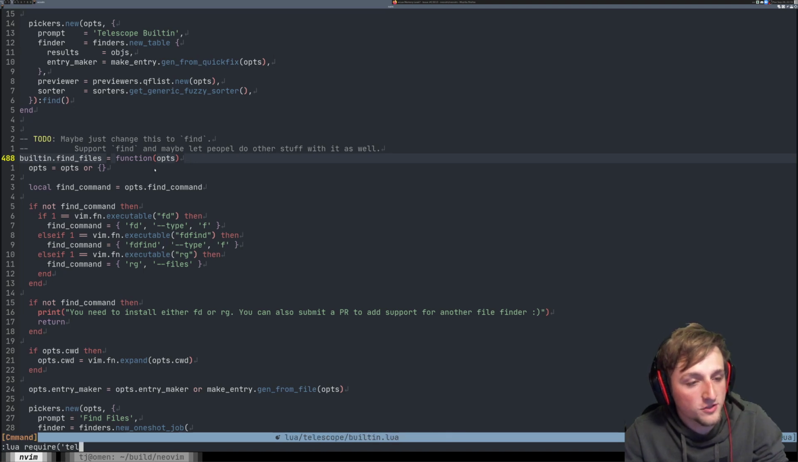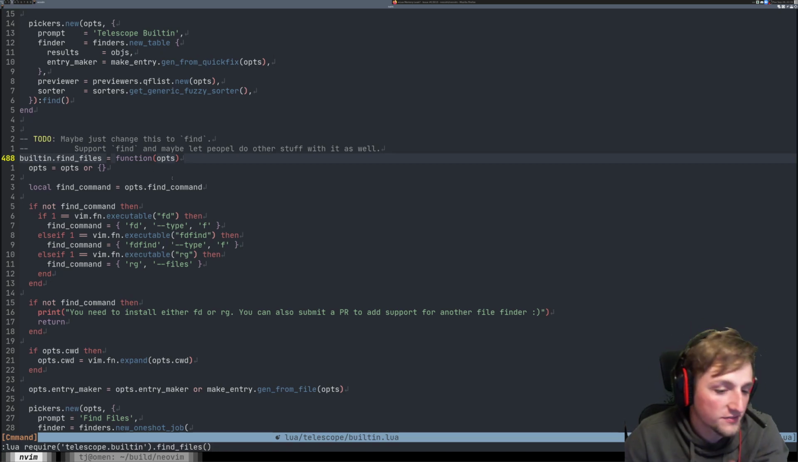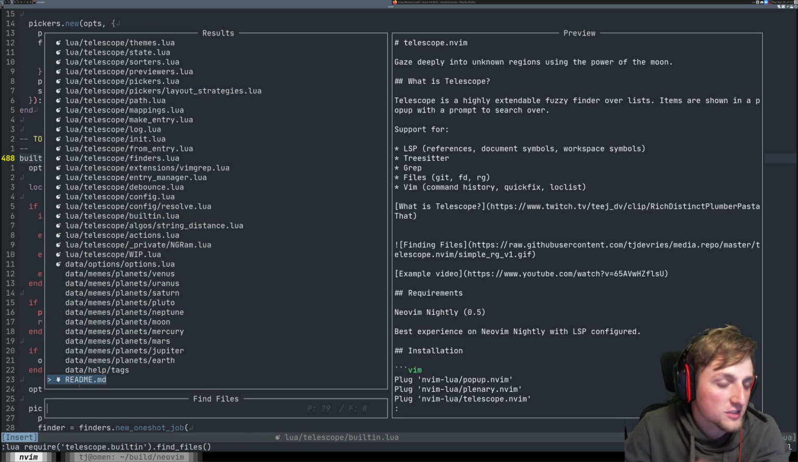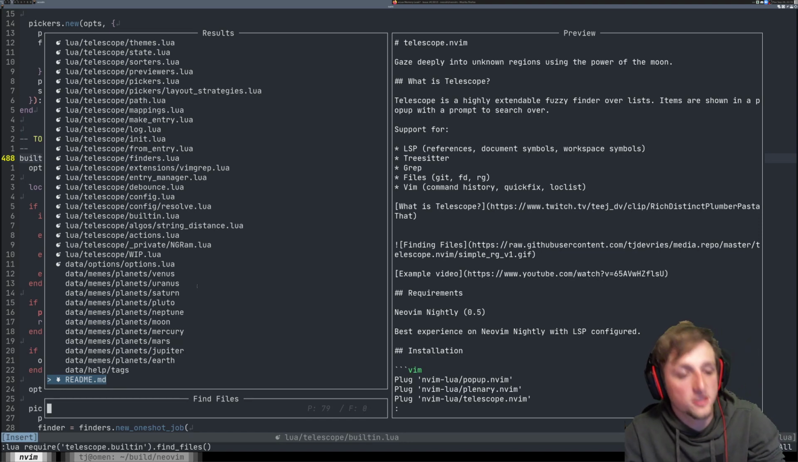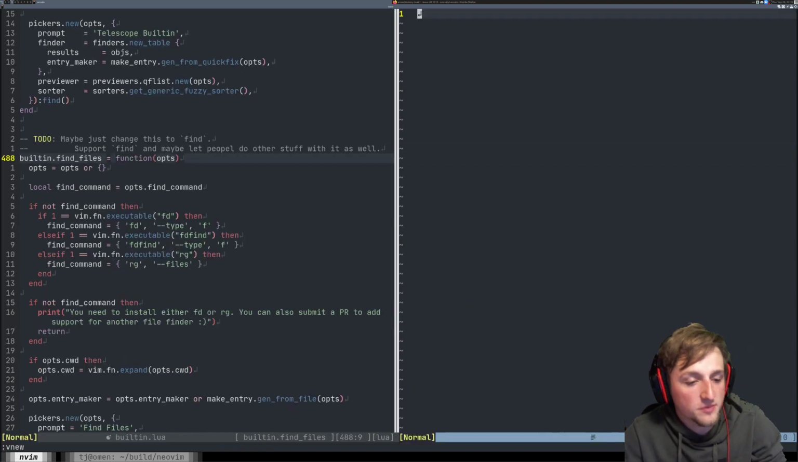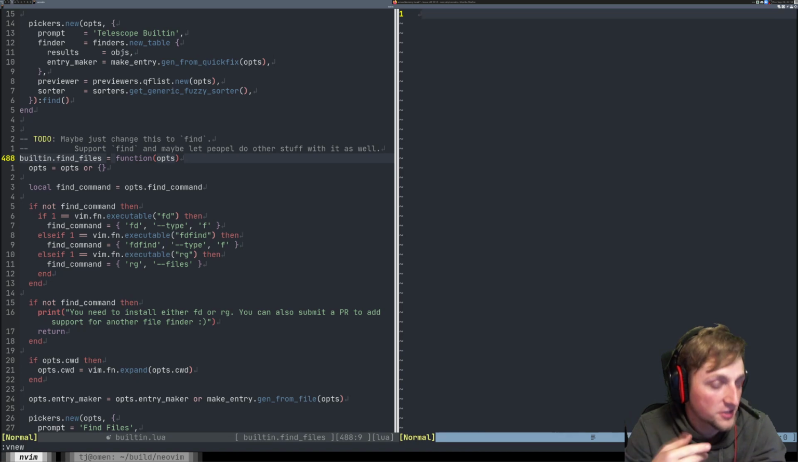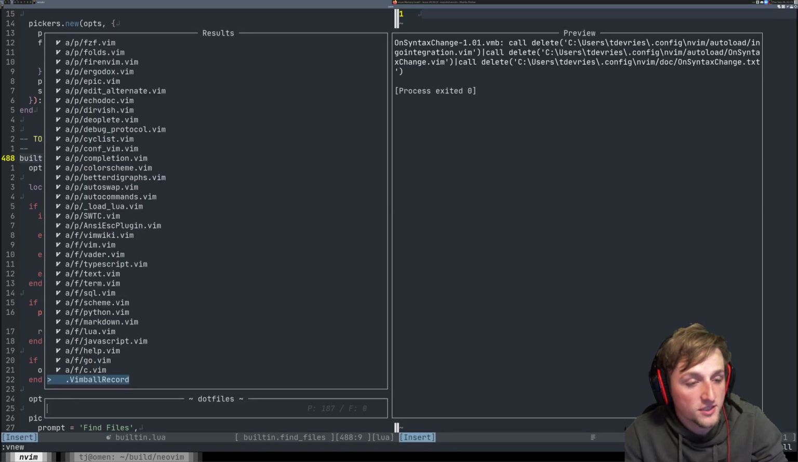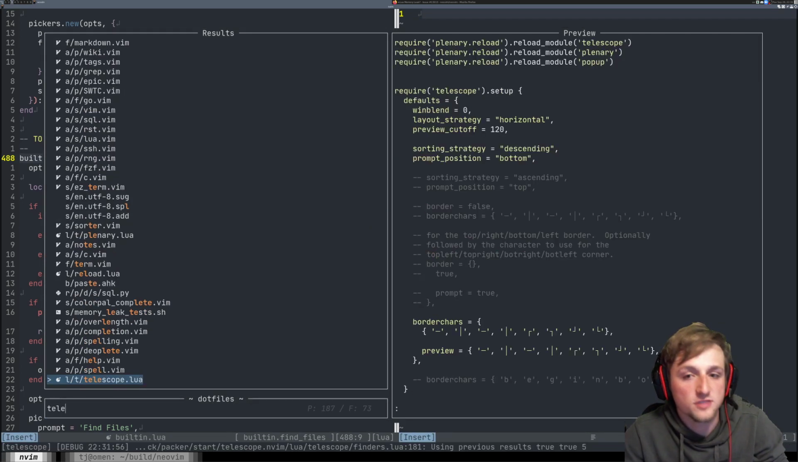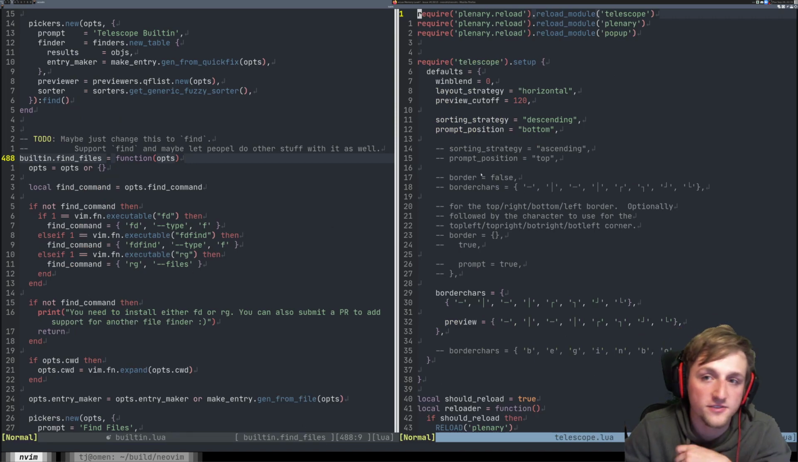Generally, when you call telescope.builtin find files, it just passes in the default arguments, which just means it's going to find files in the current directory that you have. But sometimes you want to be able to find files in another directory. So for example, I actually have one that searches my dot files because I often go in and edit my